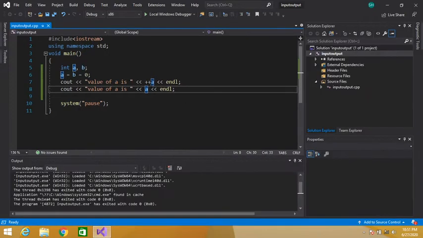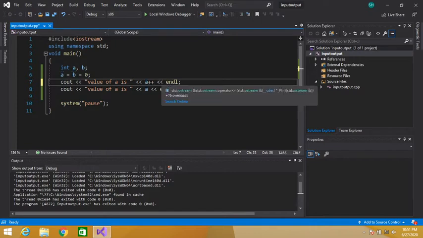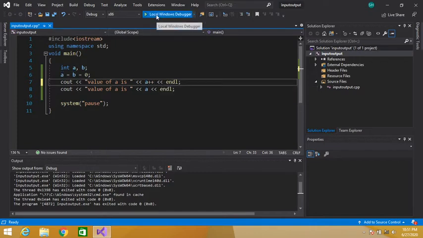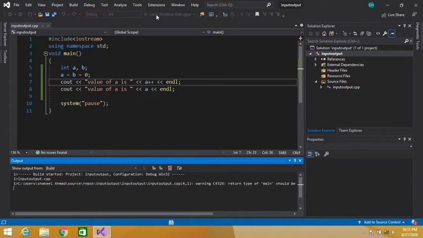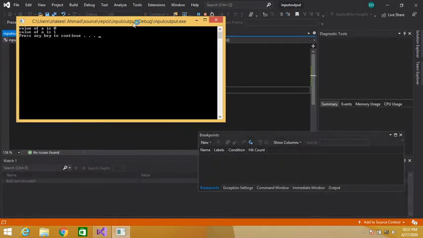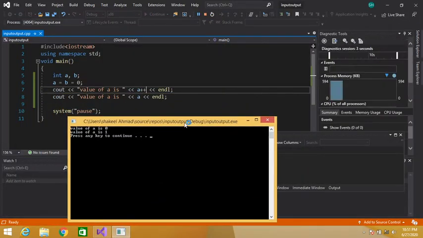Now this is known as post-increment operator. Let's see what is happening now. See here. Now the value of a is 0 is displayed. We are incrementing the value of a, but 0 is displayed.